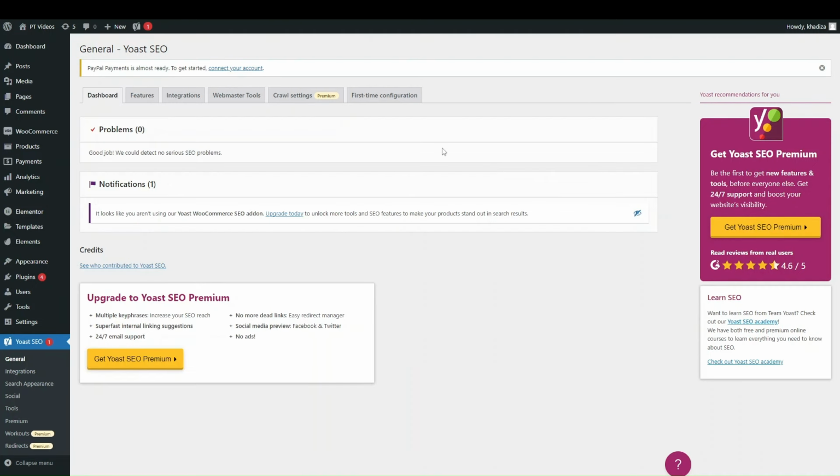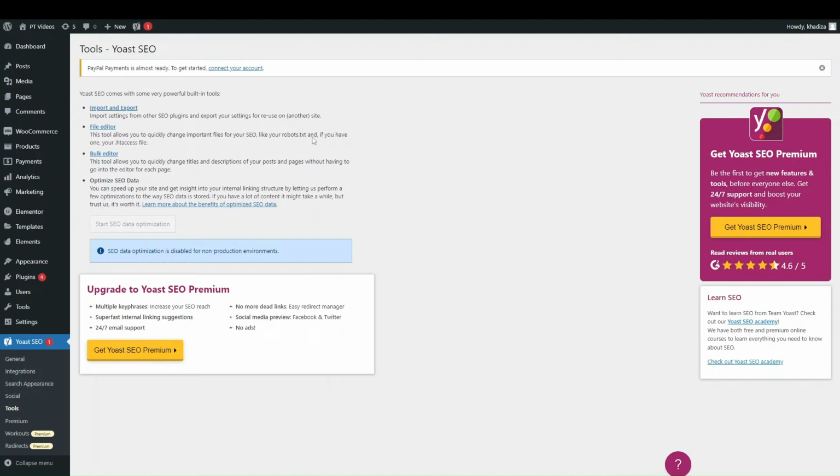Another thing that comes with the basic SEO is if you go into the Yoast tab here and go into tools, if you ever needed to import or export your site's SEO settings and SEO content to another site, you can just go into the Yoast SEO tab here, go into tools, and then click on the import and export. This essentially imports settings from other SEO plugins and exports them to another site if you ever needed to. So if you click on import and export,